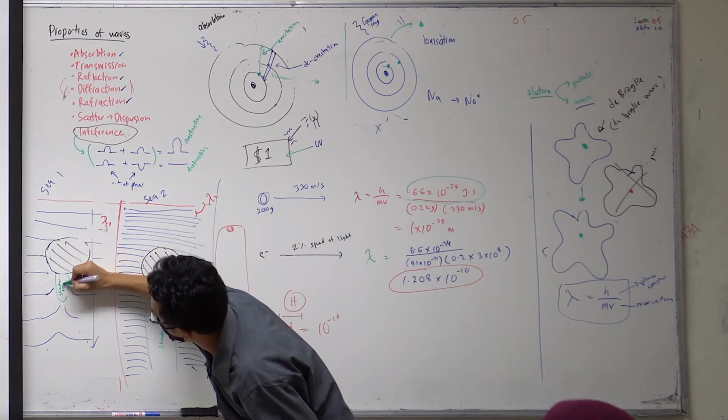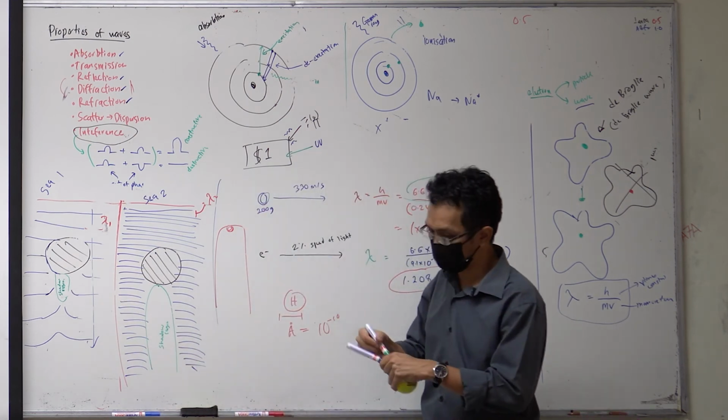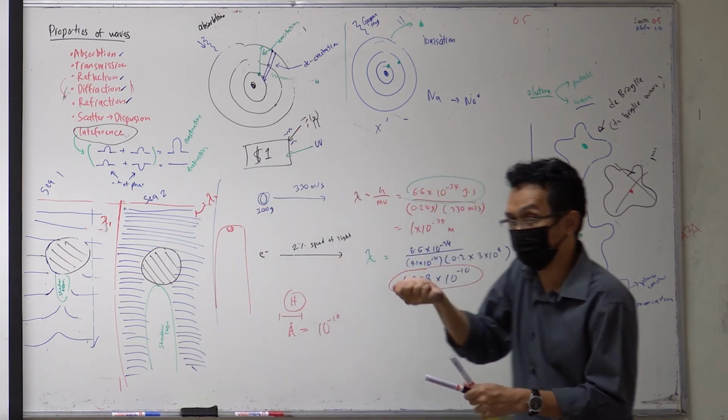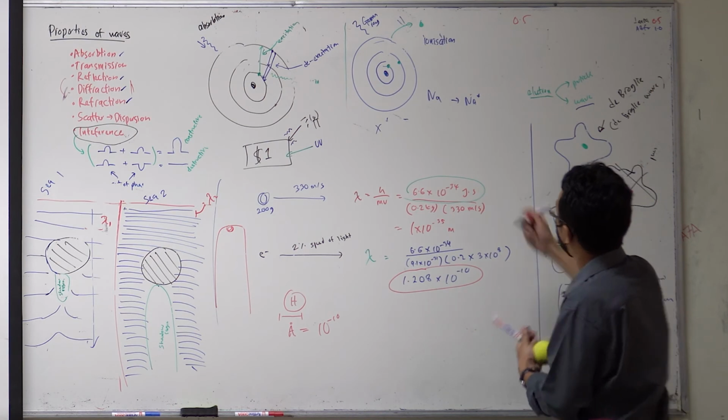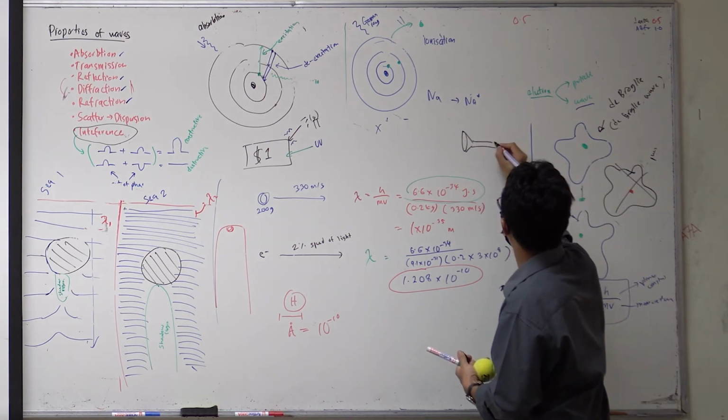So in order to see an object, it's like when you have a torchlight, and I have a torchlight here, and then I put